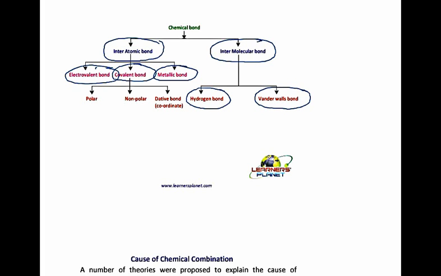Covalent bond, which is a subdivision of the interatomic bond, can be further divided into a polar, a non-polar, and a dative bond, which is known as the coordinate bond. So these are the differentiations of a chemical bond. The obvious question now arises that why do atoms combine, or what is the cause of the chemical combination? So if we move on to the chapter,